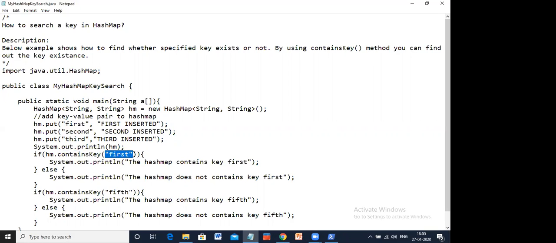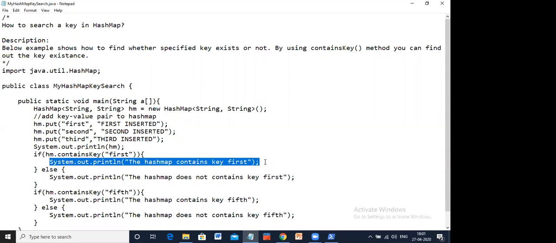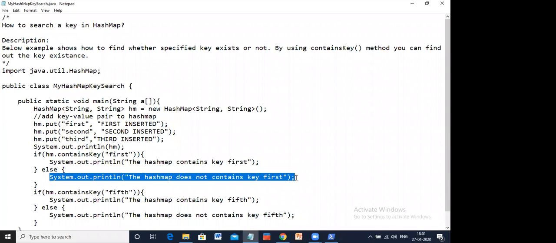If it has this key, then it will return this particular statement, or else it will return this. Is it okay? containsKey is a function which returns a boolean value, true or false. If it is true, this particular statement is executed. If it is false, this will be executed. Is it okay?